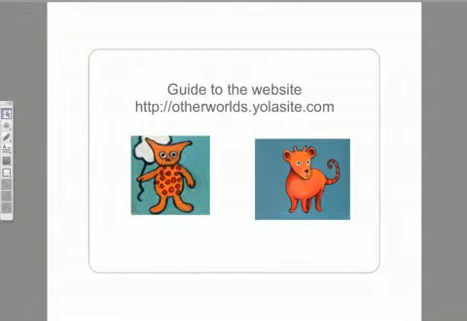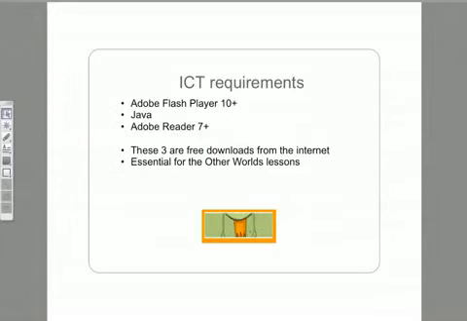So now I'll just walk you through the website a little bit so you can see a bit more about what it's about. And these little cartoons here are gorgeous, and I got my friend Gina to make them, so I hope you love them. Okay, so pretty much standard for using Web 2 tools, and even to use my website, you're going to need to have Adobe Flash Player 10 and above.